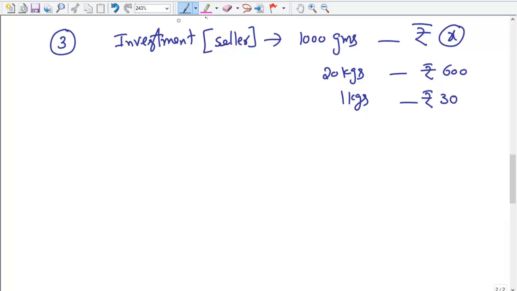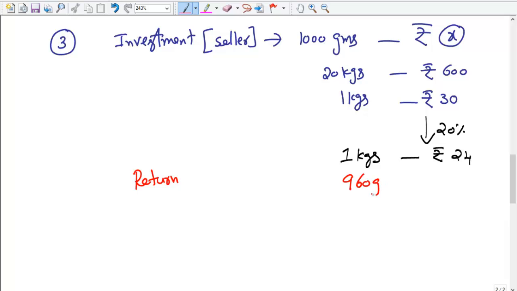Since the customer bargained for a 20% discount, it means the customer will have to pay exactly 80% of the original value, which we know is 30 rupees. So 80% of 30 is going to be rupees 24. So the customer always thinks that I need to pay only 24 rupees to get 1 kg of sugar. But what really happens is, the return is not 1 kg,